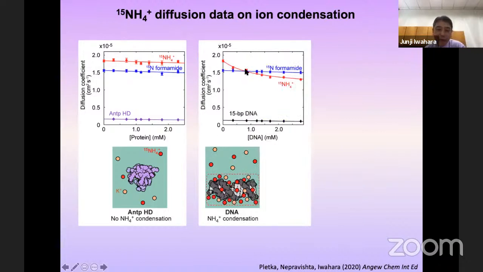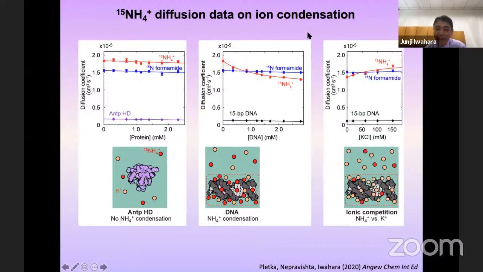The diffusion of ammonium ions becomes significantly smaller when DNA concentrations increase. This is due to ion condensation. But to confirm that this is really due to ion condensation, we did an assay we call an ionic competition experiment. In this experiment, for example, we took a sample of this data point, and added